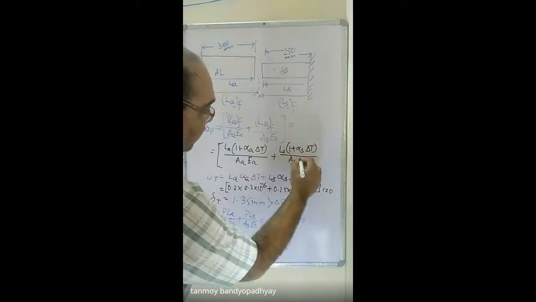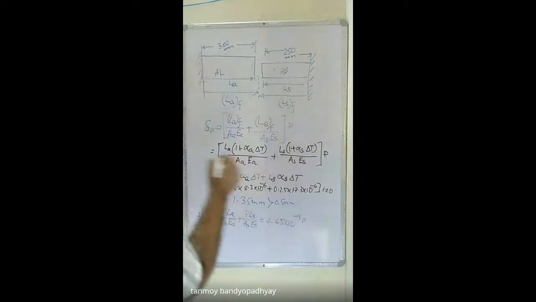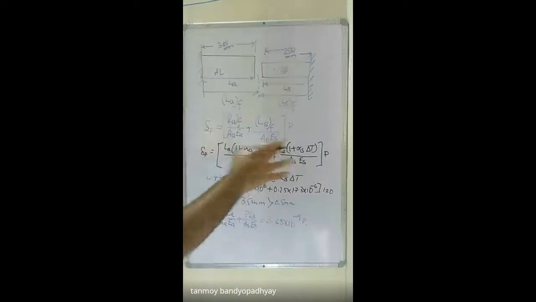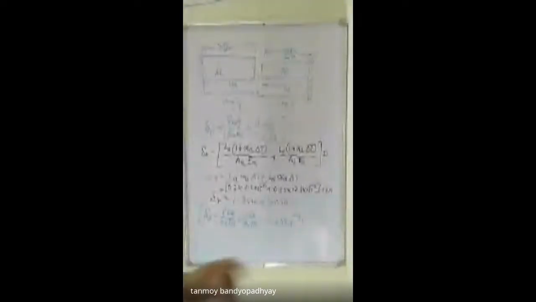One second. So AS into ES. So this is the expression for your delta B. So just check what is the value coming. Check whether it is something different from this one. Let us see what is the difference, because this value is already something to the power 9. Just check what is the value you get.